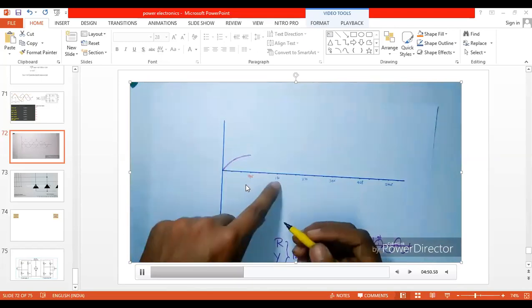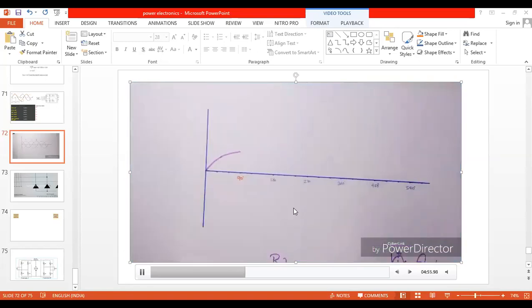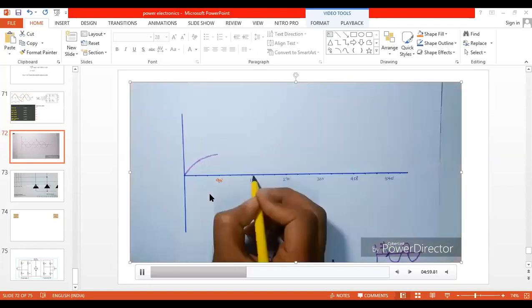So three-phase supply means what? It is generated by a synchronous generator. Three-phase supply contains three different voltages which are